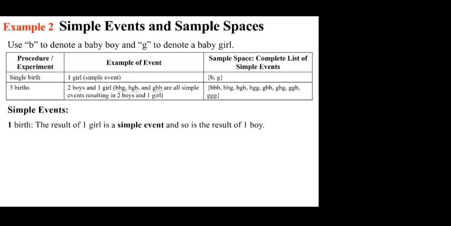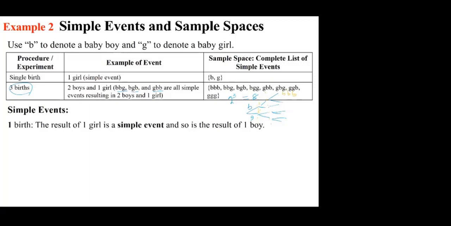For each birth, there are two possibilities. Because there are three births, we have 2 cubed, or 8 outcomes. And you can easily do the tree diagram that was mentioned. As an example, you can say B and G, then this goes to the second stage, or the second birth, and this is the third one. This is one stage, meaning the first, the second, and the third. And as you can see, for example, the top would be B, B, B. That's how you write it.